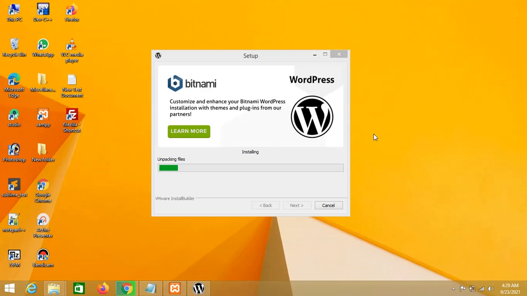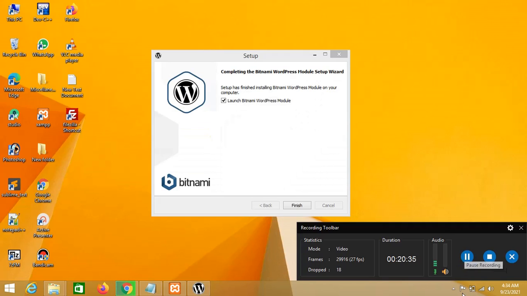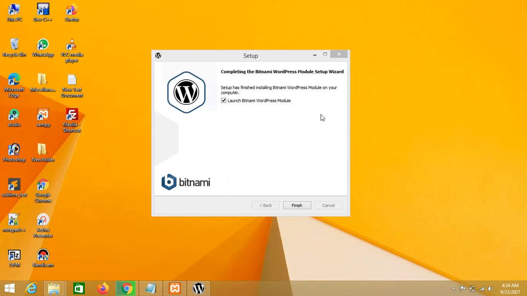Let's see. Once it is installed, it will not ask us to create a database. See, here it is creating the database. Now click on finish.